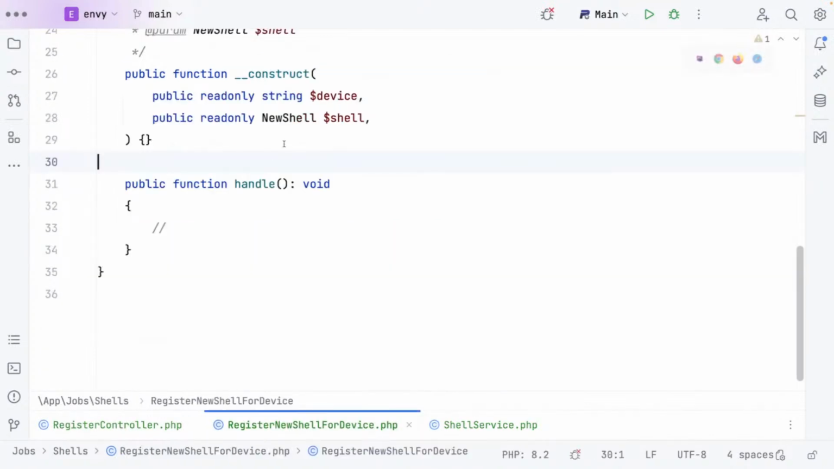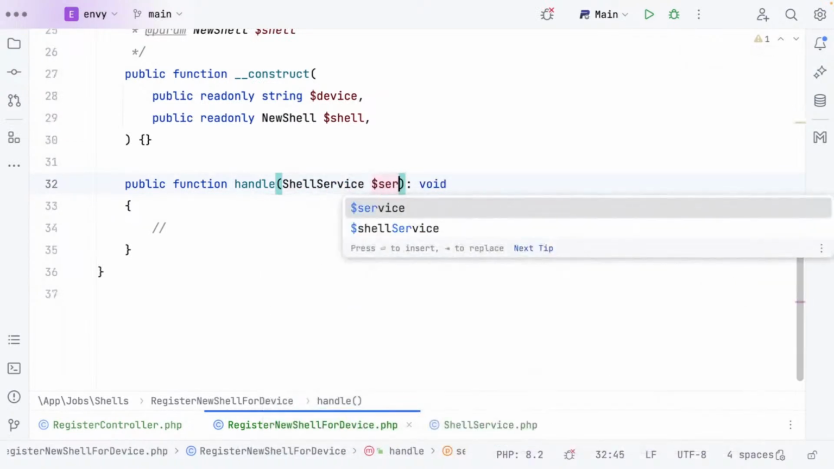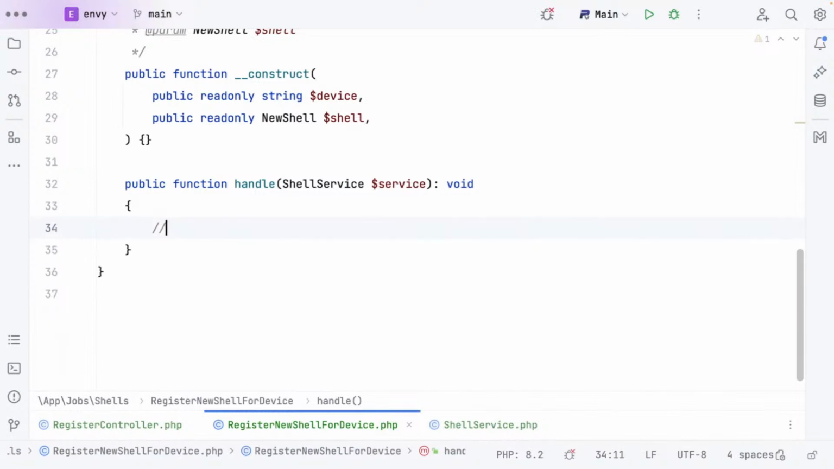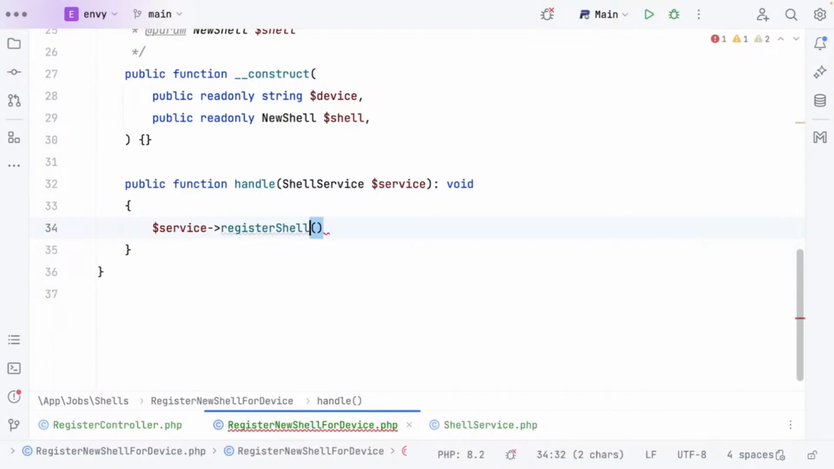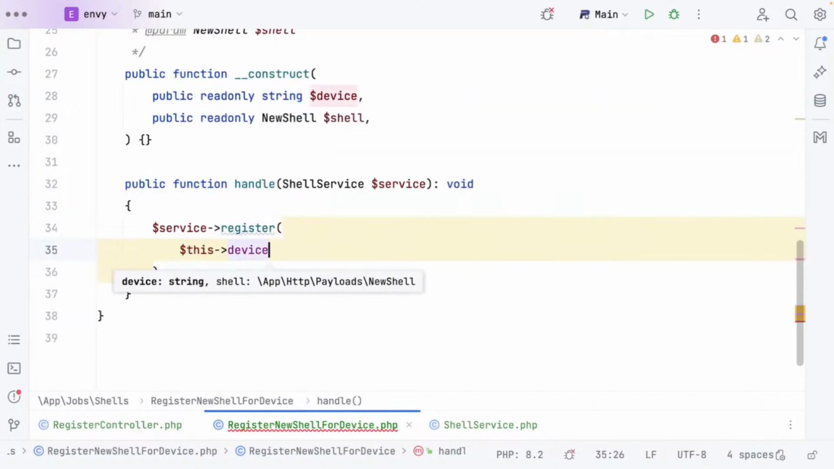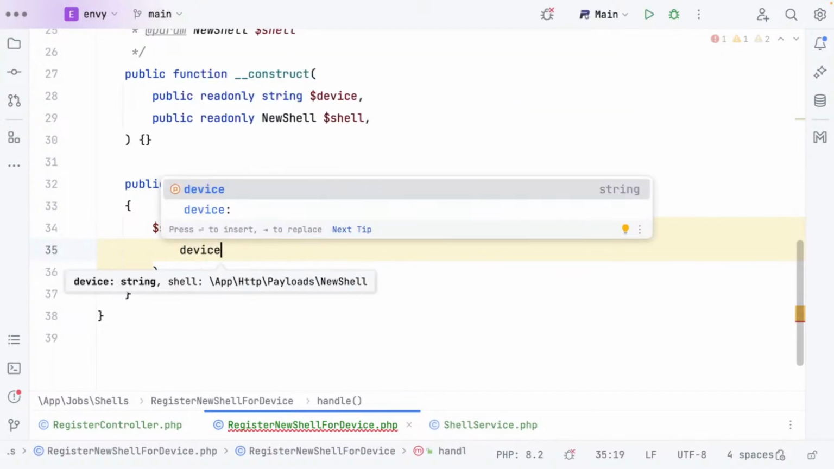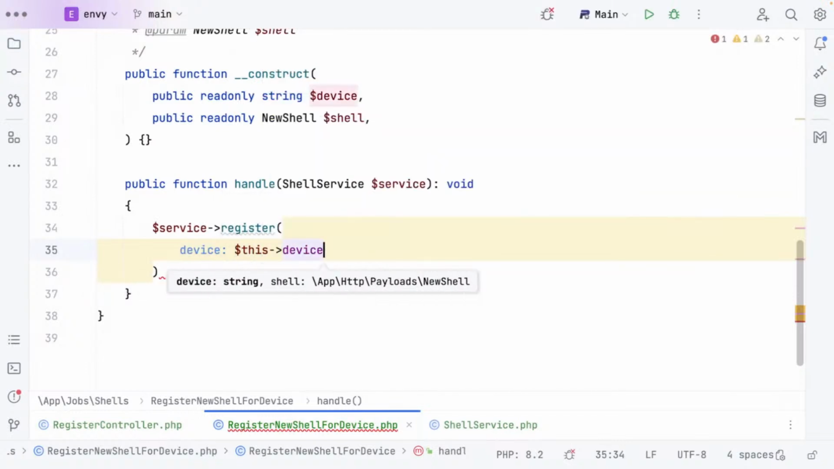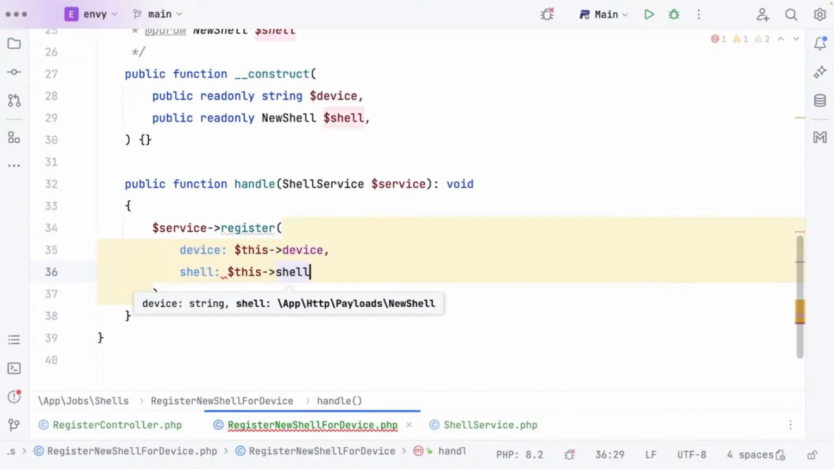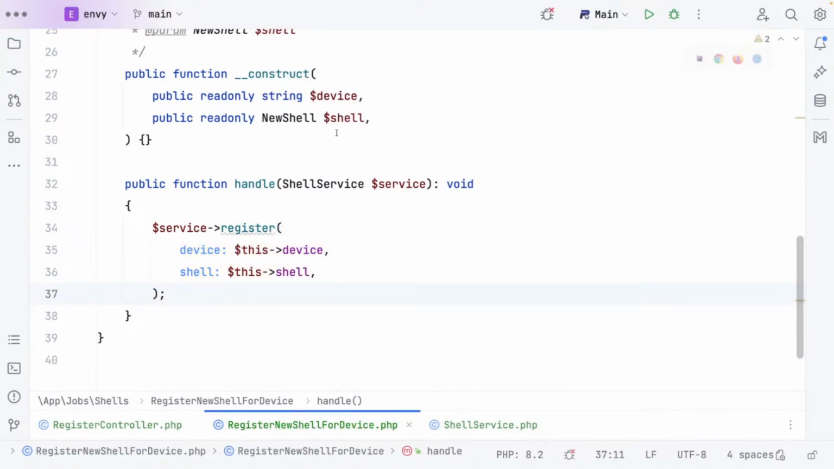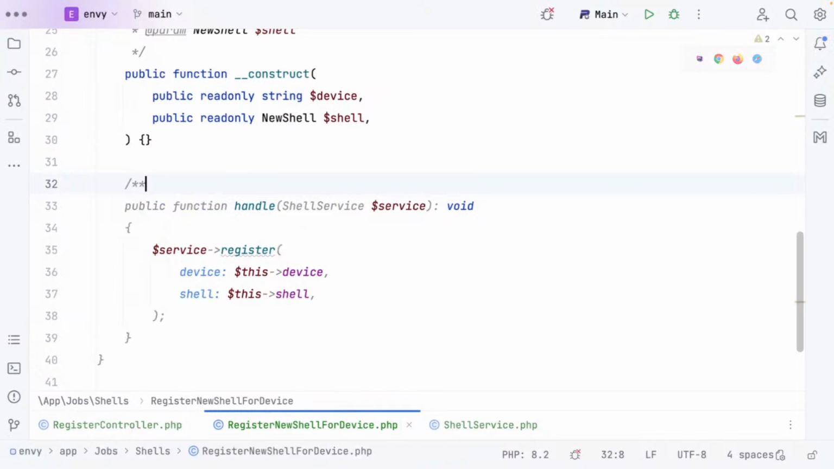Next, we want to come to here. This is going to get the shell service as the service. And then we are simply going to say service register shell, register. So the device is this device, and the shell is this shell. All ties up, very little hassle,